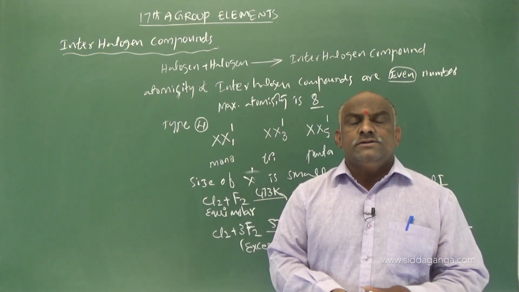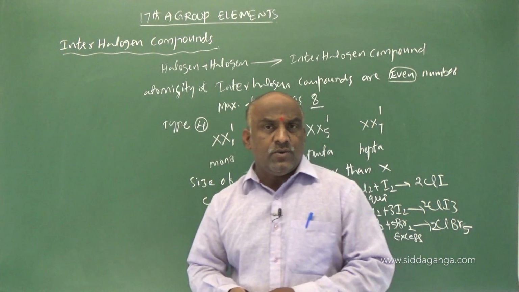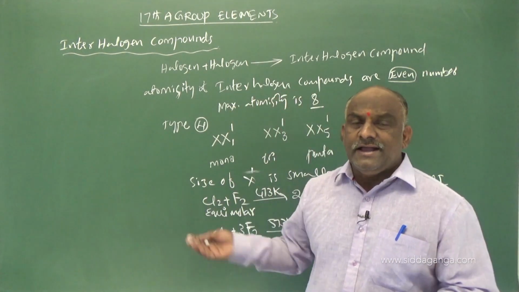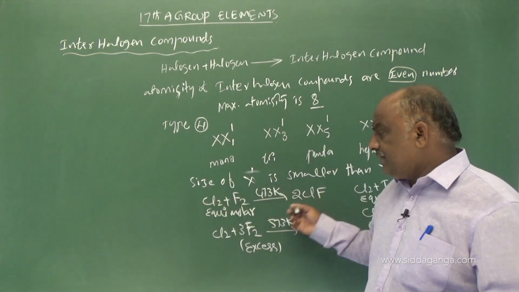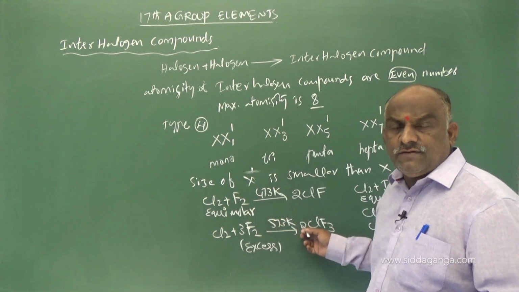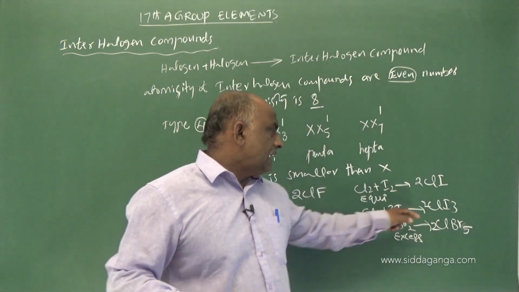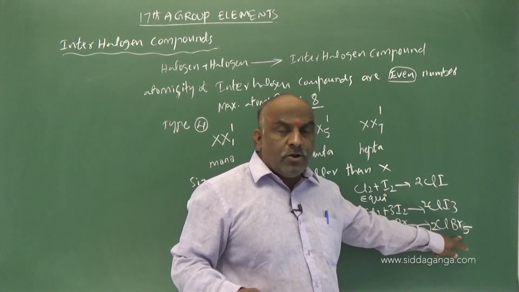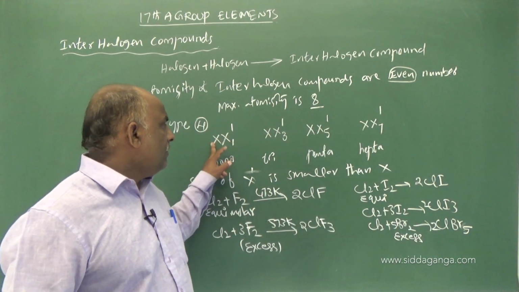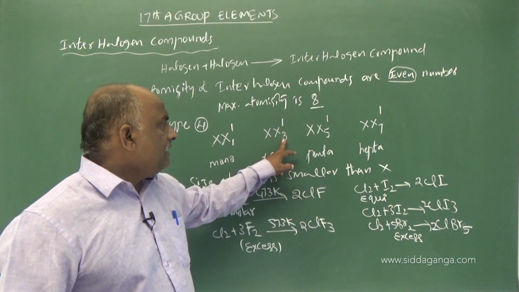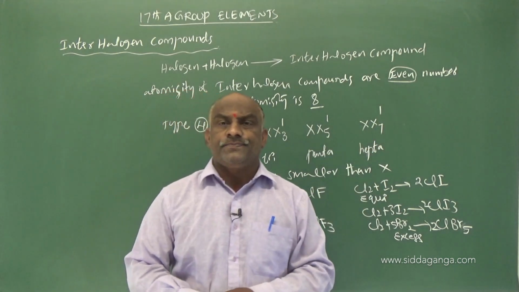But the reaction takes place under particular conditions. Conditions means some reactions require temperature and some reactions require excess. So, Cl2 plus F2 at 473 K gives 2ClF, chlorine monofluoride. Cl2 plus 3F2 at 573 K gives 2ClF3, chlorine trifluoride. Similarly chlorine monoiodide, chlorine triiodide, chlorine pentabromide. Clear: halogen monochloride, halogen monohalide, halogen trihalide, halogen pentahalide, halogen heptahalide, like that.